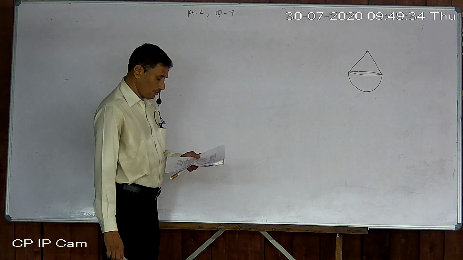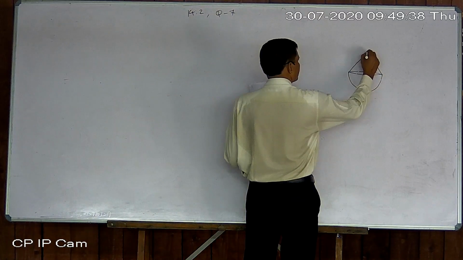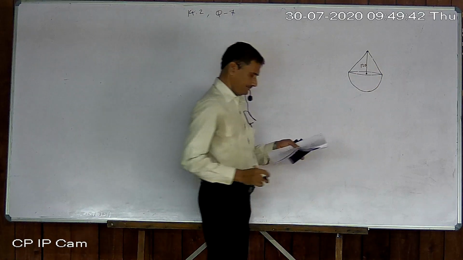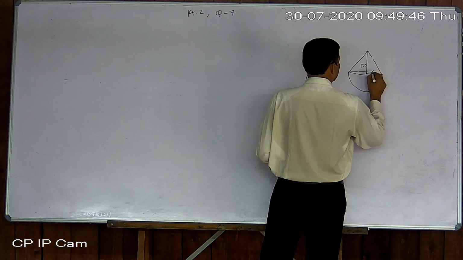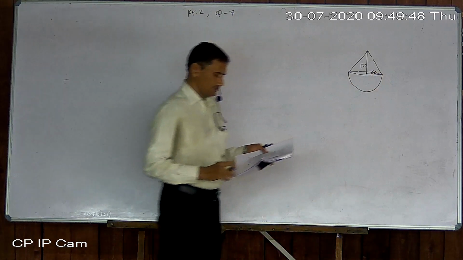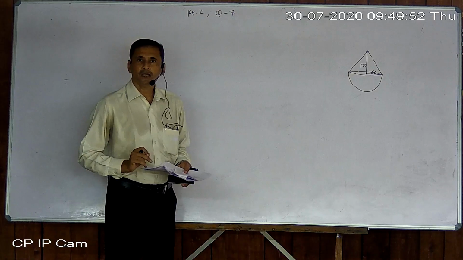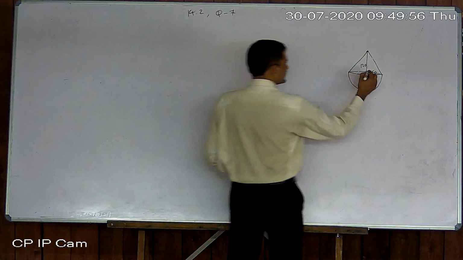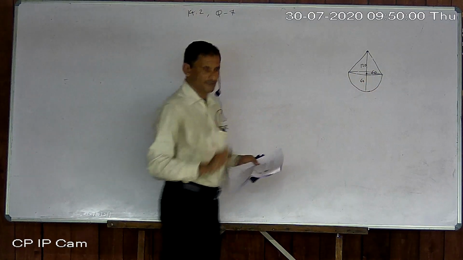Right circular cone of height 120 centimeter, and radius 60 centimeter. Okay, we always draw a figure whenever there is a combined solid. This is 60, then the height is also 60. Height or radius, both are the same for the hemisphere.